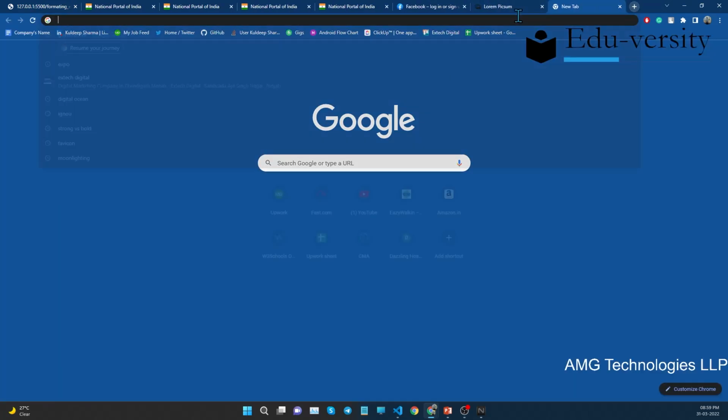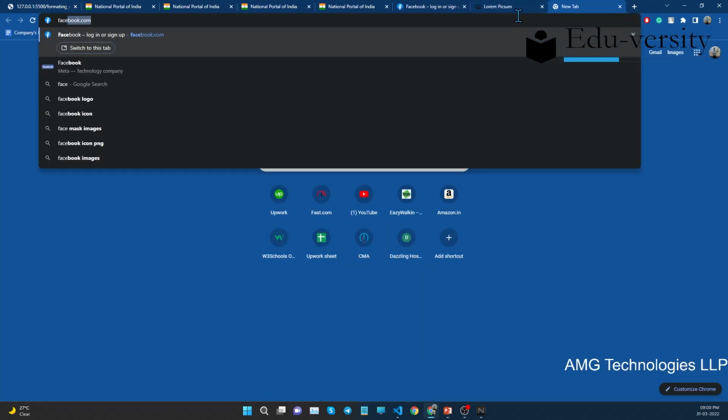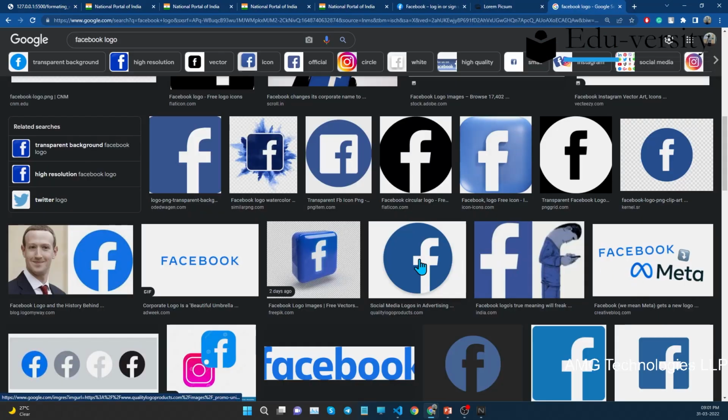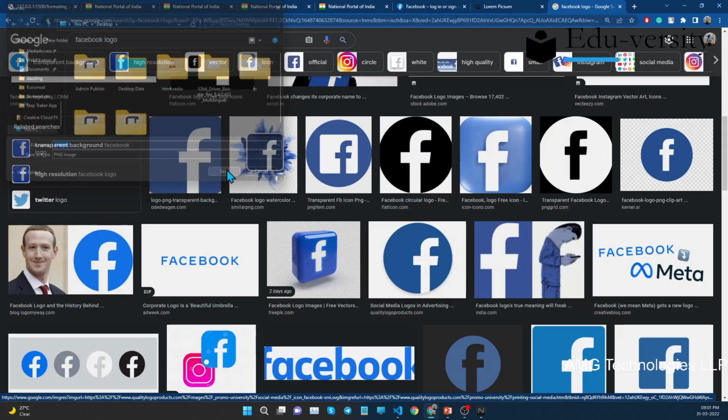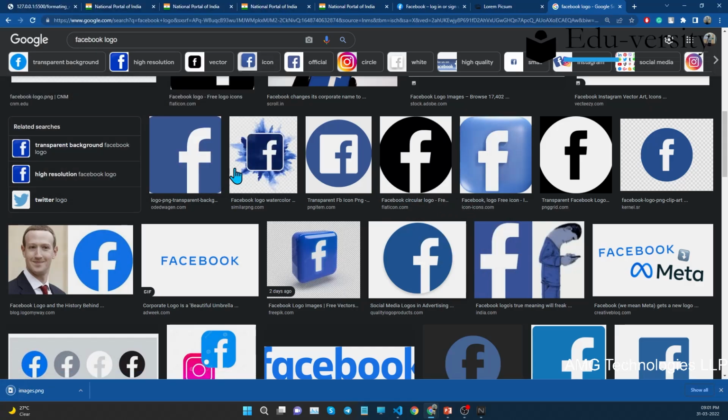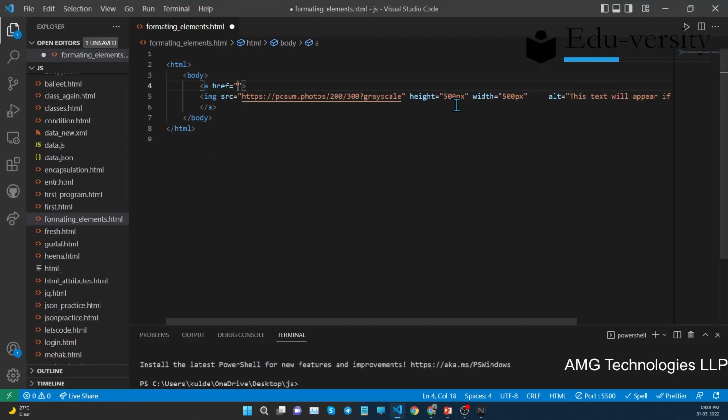So let's suppose I take the Facebook logo from the web. Let's save this logo and use this as a link to go to the Facebook page. So let's open our VS Code